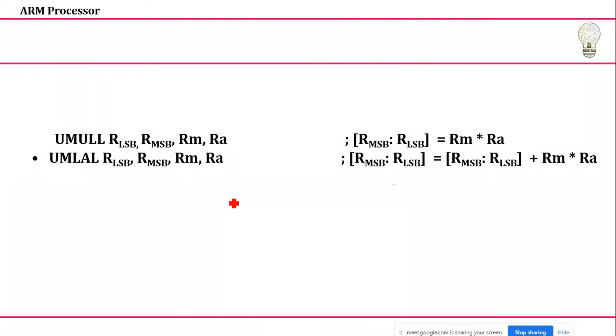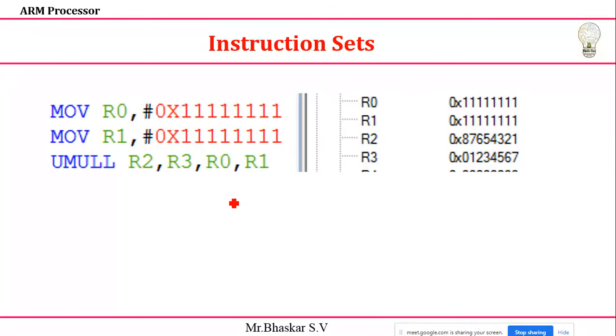Okay, I'll explain this one first. I'll take one instruction, move or not. I'll take a complete value, 1 1 1 1 1 1 1 1, 4 bytes of information. It is a 32 bit value,